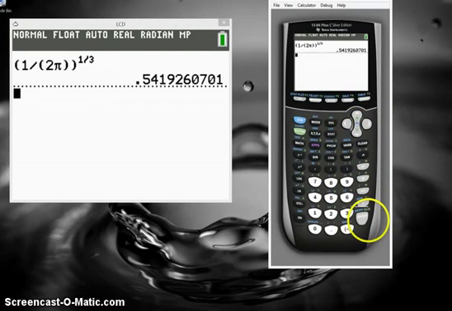Trying to challenge me. What? Oh, that's so weird. I don't get it. The problem is you didn't put parentheses around the 2 pi, so it thought it was pi over 2. Wait, what? But if I put,